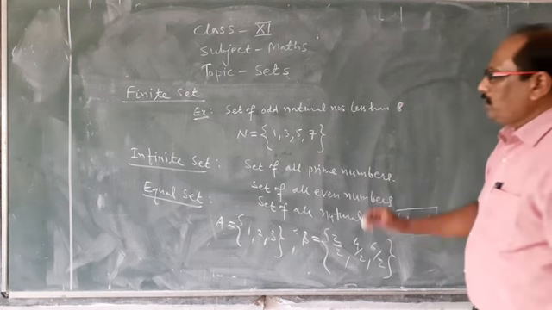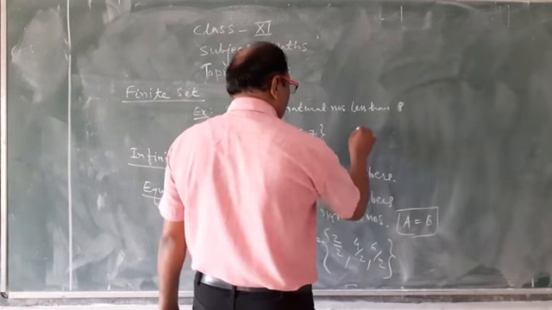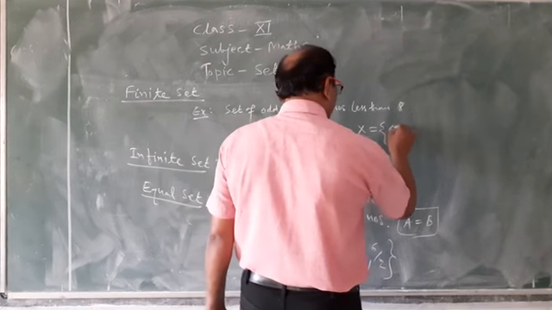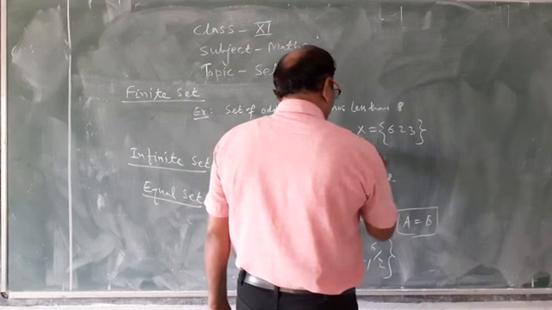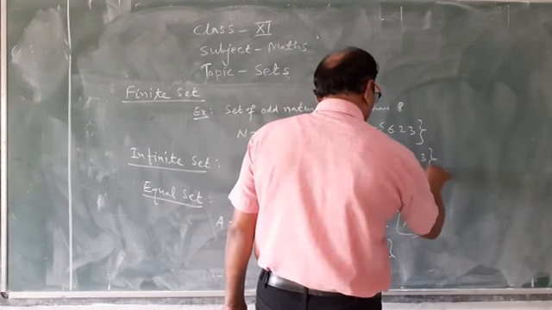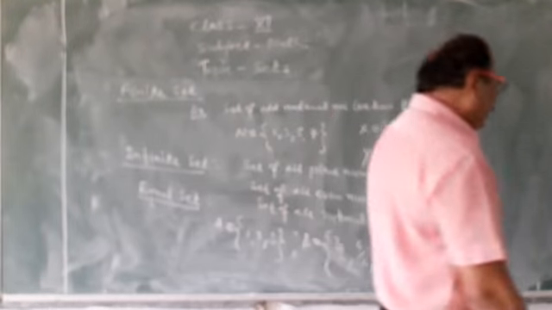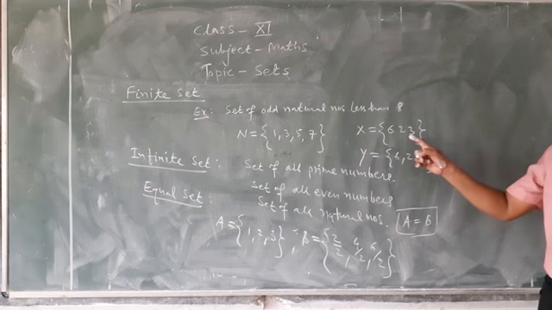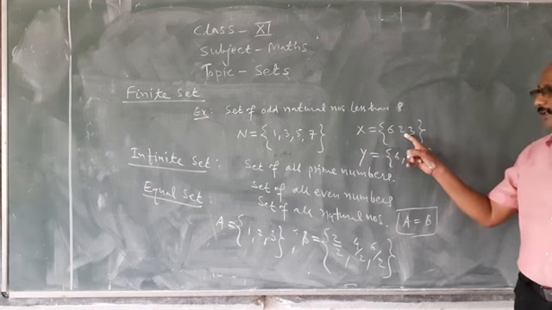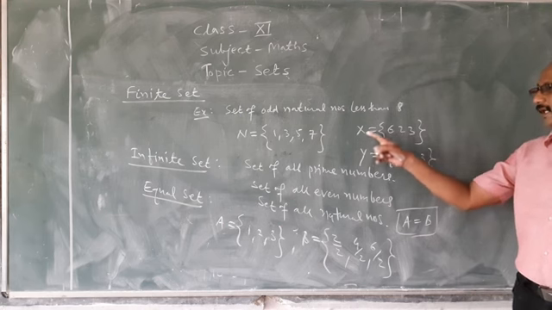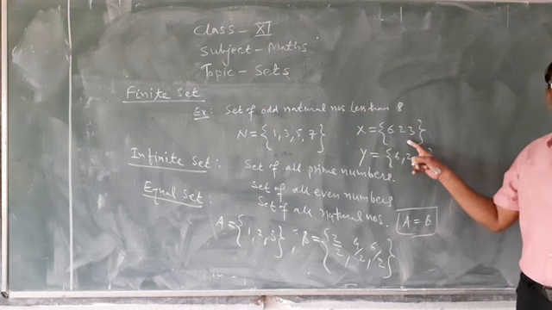Otherwise, suppose set X is equal to {623} and set Y is equal to {6, 2, 3}, like this. Are these sets equal? No. Why? Because set X has only one element. I have not put commas here, so we have not separated these elements. Therefore, set X has only one element, 623.